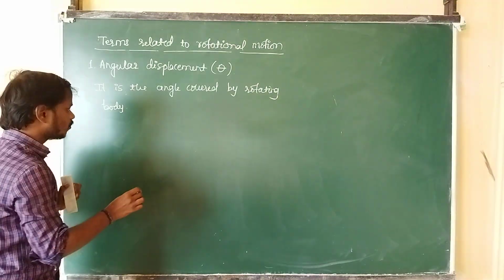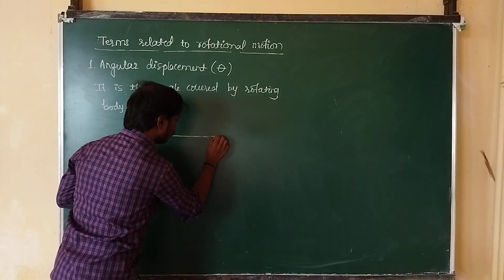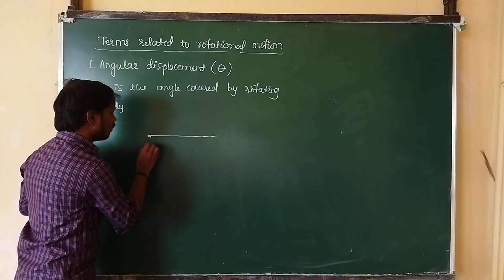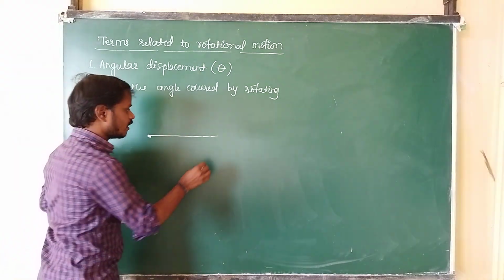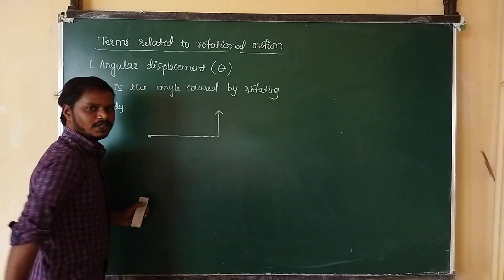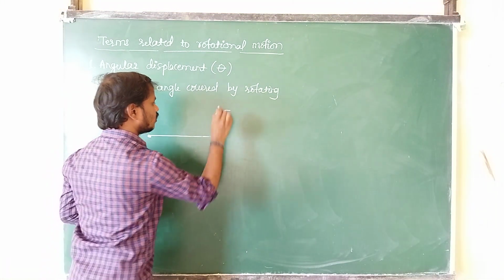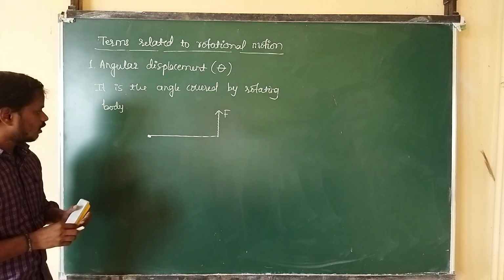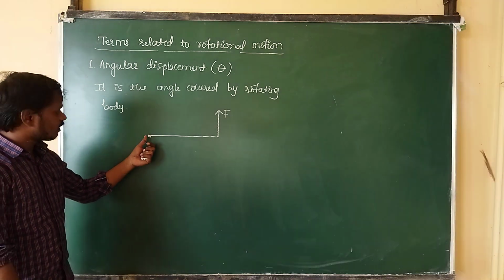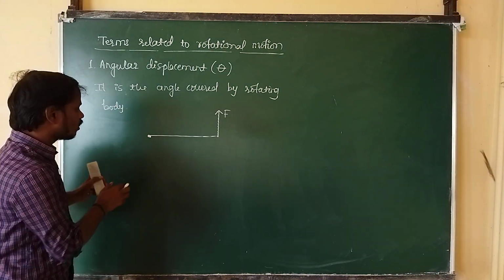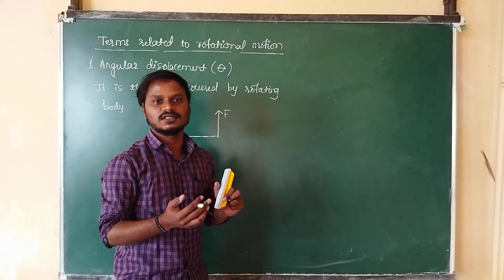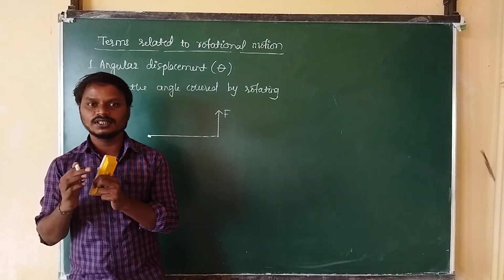So see here, for example, there is a rod. This rod can be taken as a body, and this point is fixed, and we are going to apply the force to this end. This is called the free end. Now to rotate this body we have to apply the force. This applied force can be taken as F, and this is a fixed point. Through this fixed point an axis passes. That axis is called the axis of rotation. About this axis this body is rotating. What do you mean by axis of rotation? It is the axis about which the body rotates.